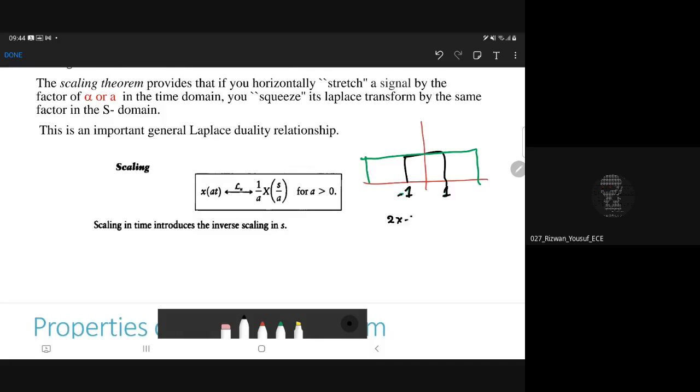So 2 into -1 and 2 into +1, it will be equal to -2. अब ये एग्जिस्ट हो रही है -2 से +2 तक। अब इसको स्ट्रेच किया आपने।